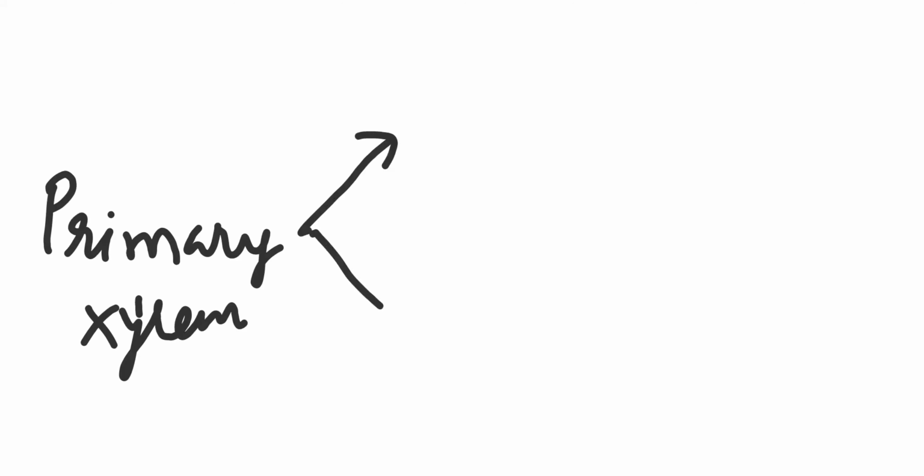Further, I am explaining the primary xylem. Since the plant is in the form of a sapling, till it becomes mature, whatever components of xylem are added are known as primary xylem. Okay. In that also two possibilities are there. Number one, that xylem